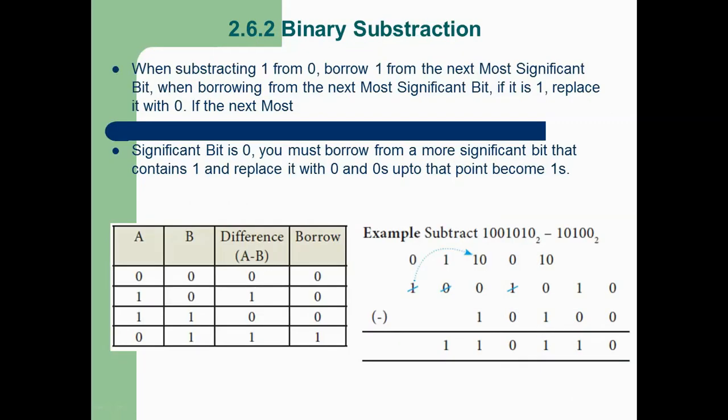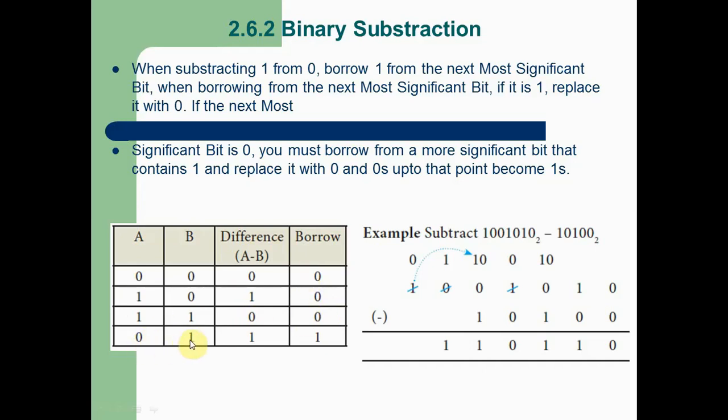So next topic is binary subtraction. In the same way, here also we have some rules for binary subtraction. You can see 0 minus 0 is 0. There was no borrow. In some cases we want to borrow a bit from another bit, but here there is no such situation. So 1 minus 0 is equal to 1, and the borrow is 0. 1 minus 1, the difference is 0. So we are not borrowing any bits in these cases.